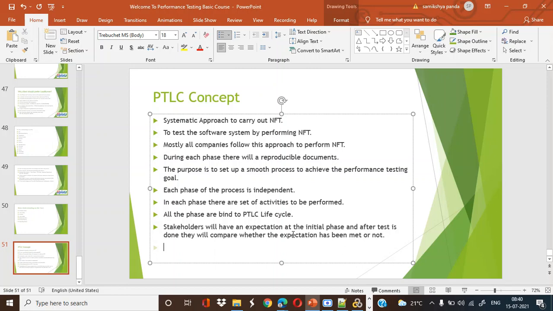So with this, I wrap up this class and hope you have a better understanding of what PTLC is and what all the phases involved in PTLC are. And we had a discussion about the basic understanding of